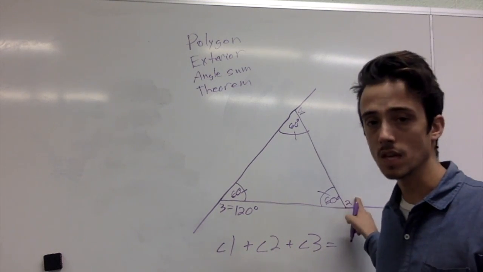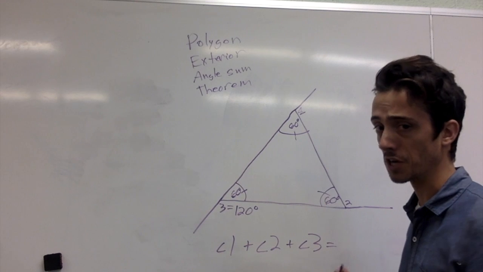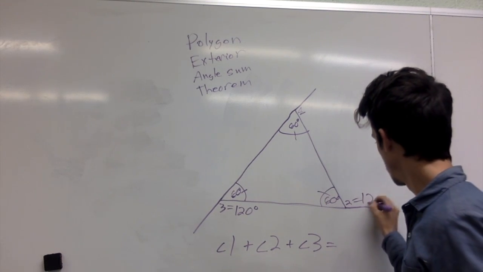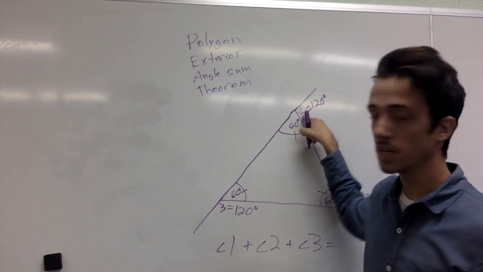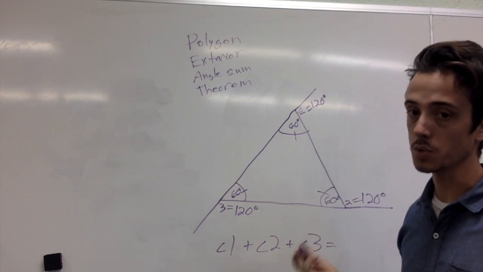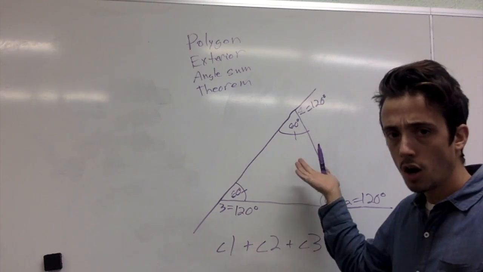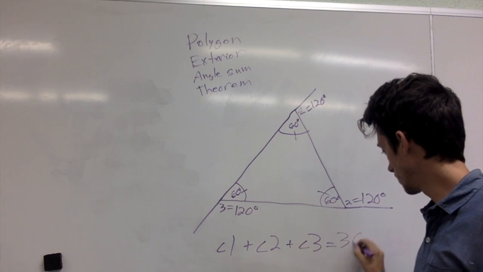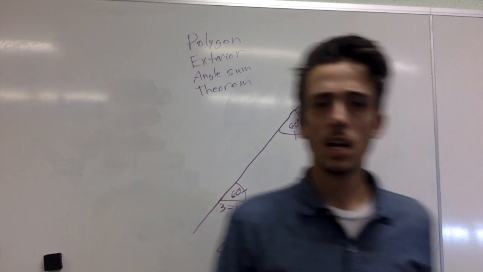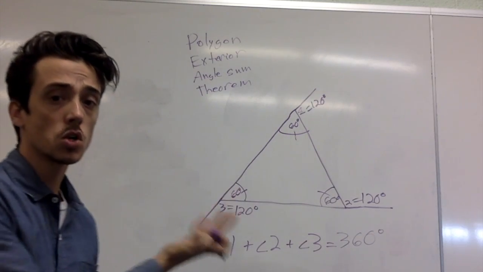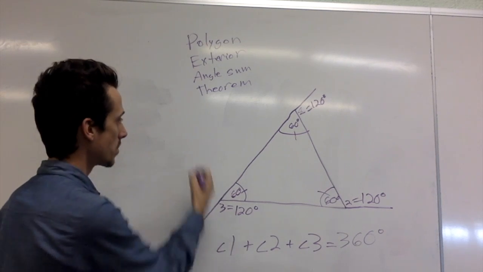We can hopefully see the same thing over here. Angle 2 is probably 120 degrees. And we can say the same thing for angle 1 up here, 120 degrees. So if we add up all three of these, what does that get us? 360. That's pretty cool, right? What's nice about this is that although I used a triangle for this, this could work for all the shapes that are out there. If we tried it with a square,